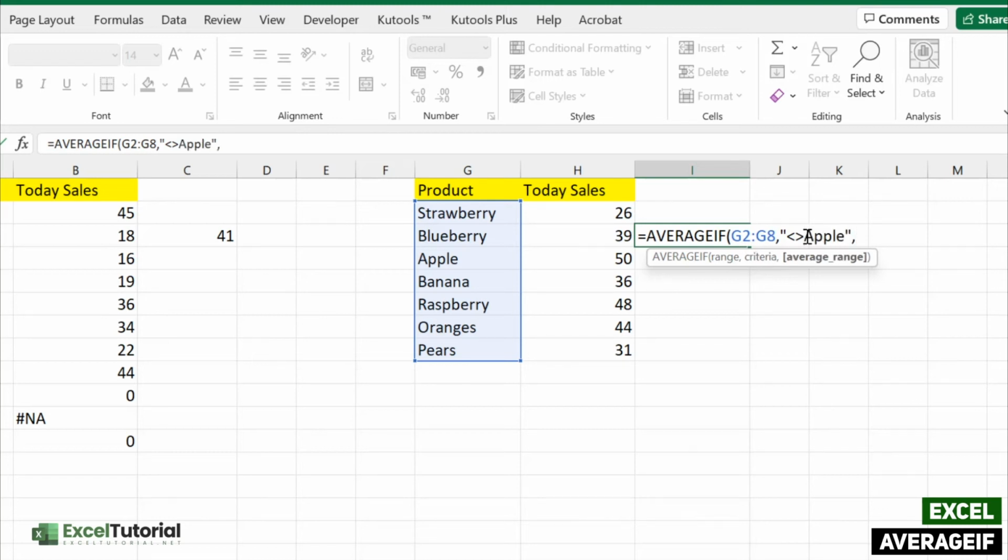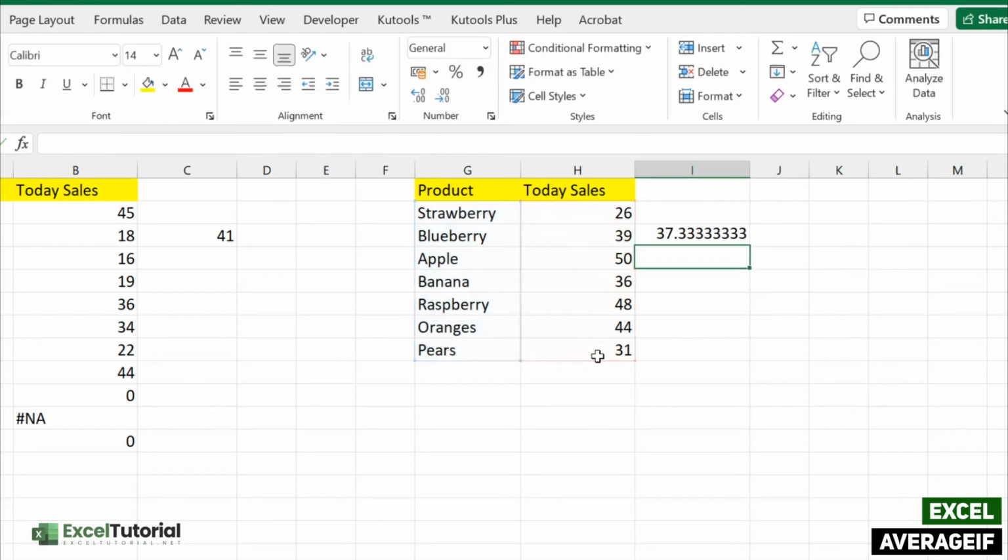Now moving on to the average range. The average range will be this, right? And close the parentheses. It will give us our answer, the average of all the products except apple, which is 37.33. I hope you understand how you can utilize an operator like not equal to in your scenario. So in the next part